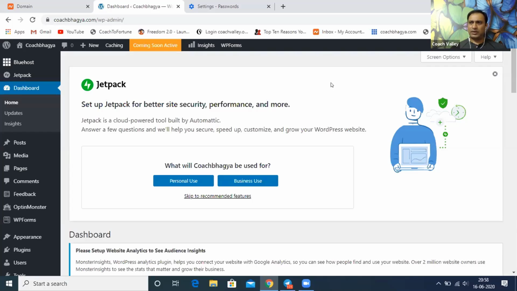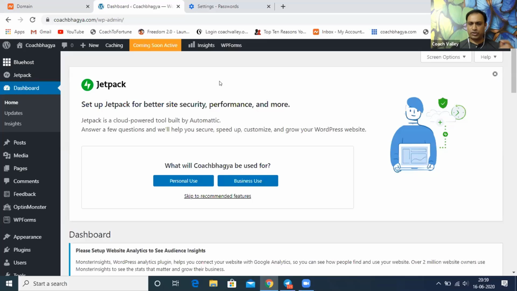It's your URL /wp-admin/. If you click that one, you remember when we created this WordPress, there was an ID and password which you had put. That's something you need to use. For now, if you're getting too confused, forget about it. Just log into Bluehost, click on Visit WordPress, and then you'll come here. This is the place where everything is set. Everything is cool, so there's nothing to worry about.